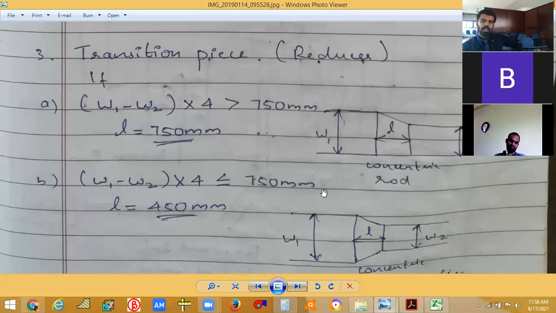So tomorrow we'll be dealing with the E20 calculation. E20 is a bit longer, so I will try to finish it tomorrow itself, and it's notes only. So you have to write it down. When you write it down, it will be very easy for you to understand all the other things. If you are using the E20 sheet also, what I am teaching tomorrow will be better, and you can understand it very easily.